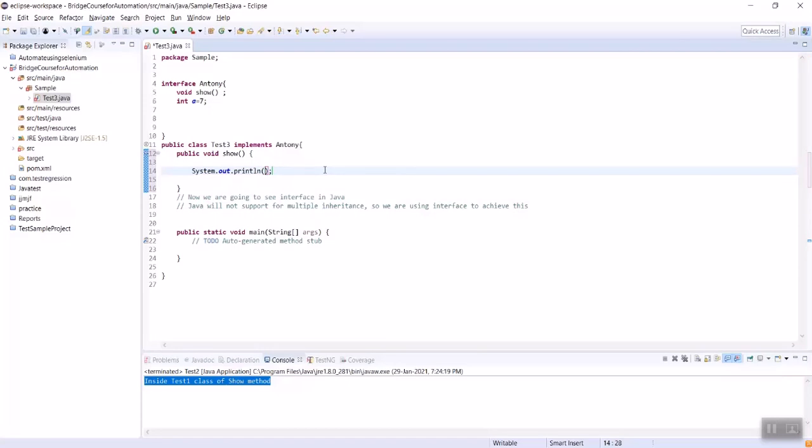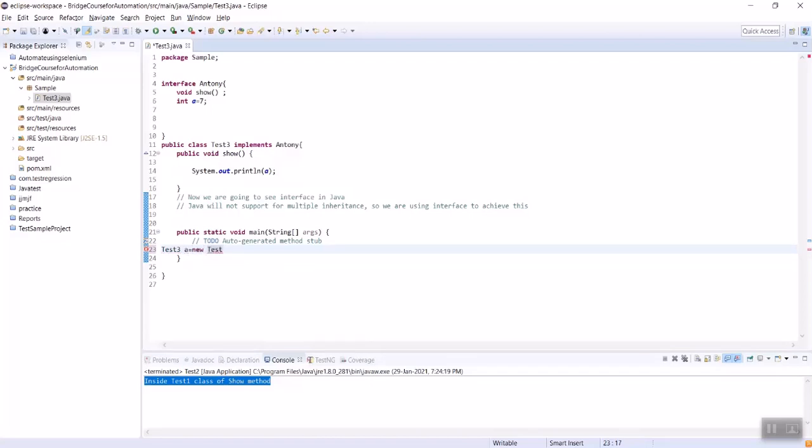Then at line number 14 we are using one print statement. So we are printing the value which we have declared at line number 6 within the interface, that is accessible. When we run it, we need to call the show method. How can we call it?